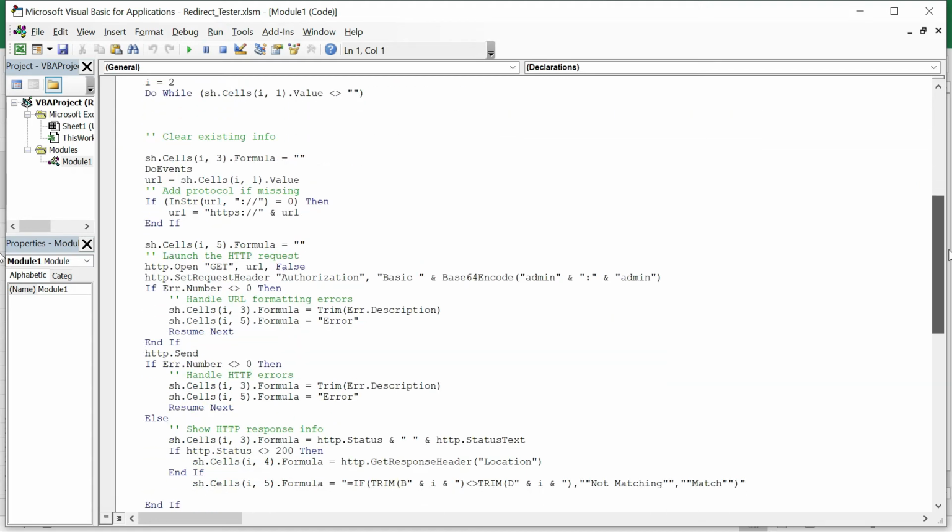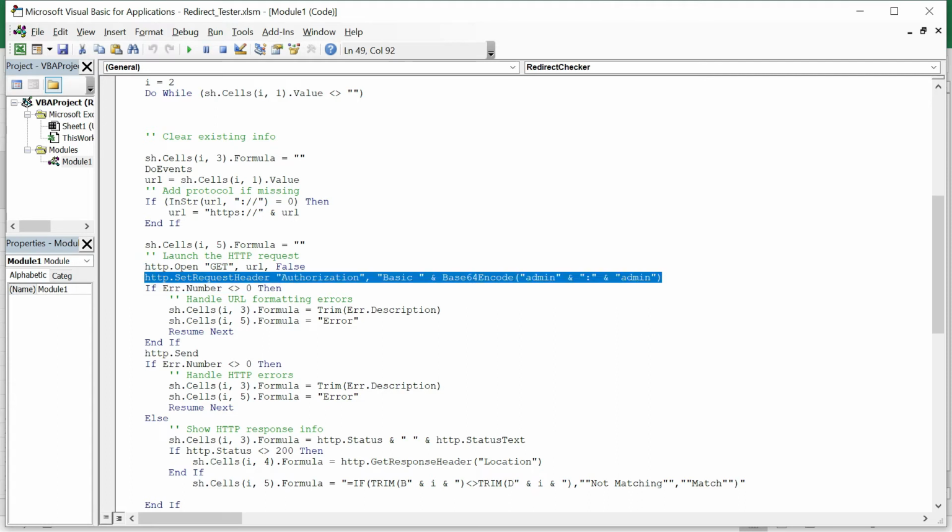Here you can even specify the credentials if required. If not, this will be ignored. If some URLs are enabled with credentials, you can go ahead and set this, for example admin and admin. This will get applied for all the URLs. If some URLs are intended for basic authentication, it will be used. Otherwise, it will be ignored.